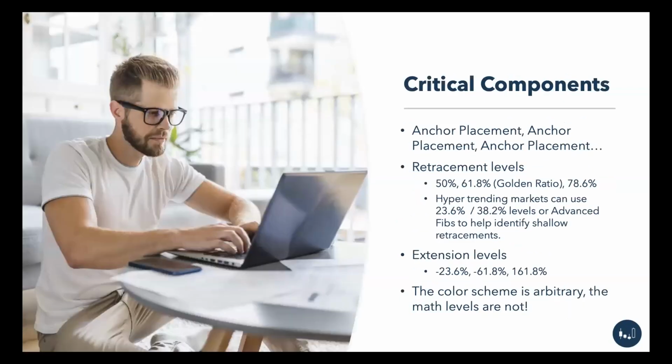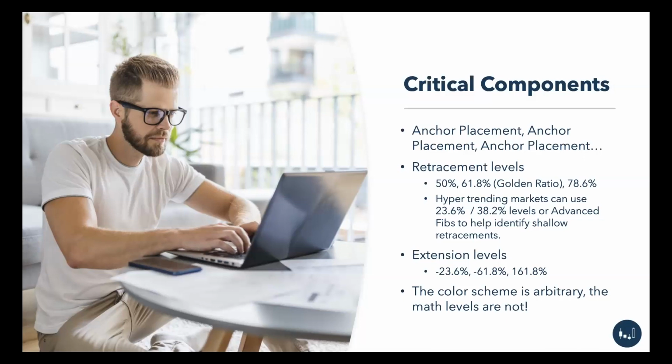So some critical components before we start looking at charts: anchor placement, anchor placement, anchor placement. Just like they say in real estate, it's all about location, location, location, but anchor placements are critical. In here, the retracement levels, the 50, the 61.8, which is often referred to as the golden ratio, the 78.6, those are critical components of the way that we